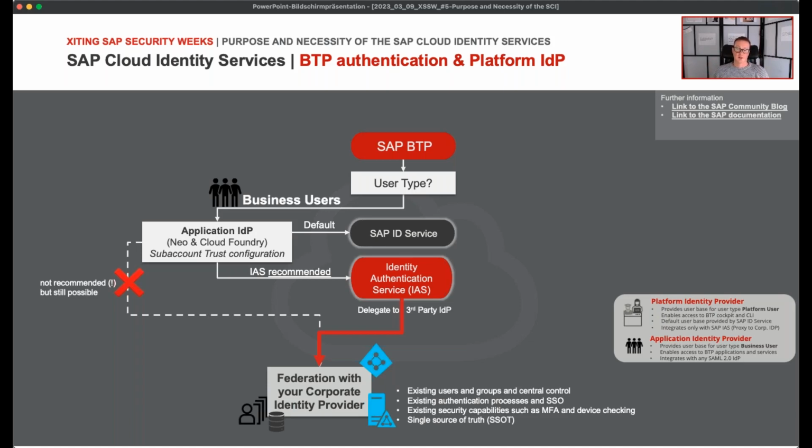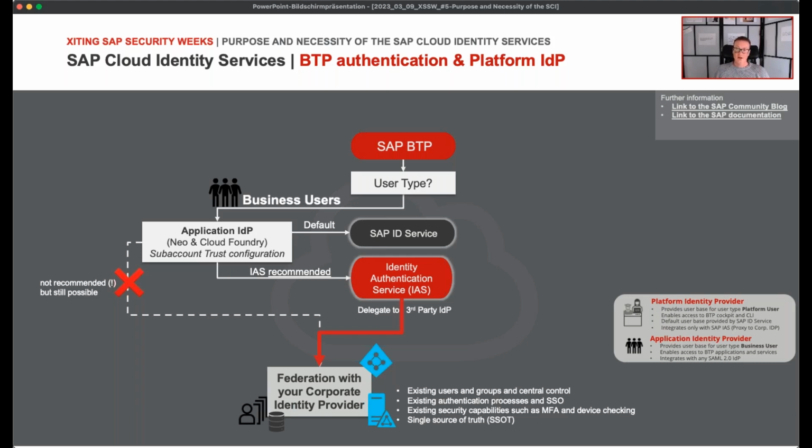Trust is established. And in addition to this user-based access, multi-factor authentication is a critical requirement for IT security, especially when it comes to administrative access.